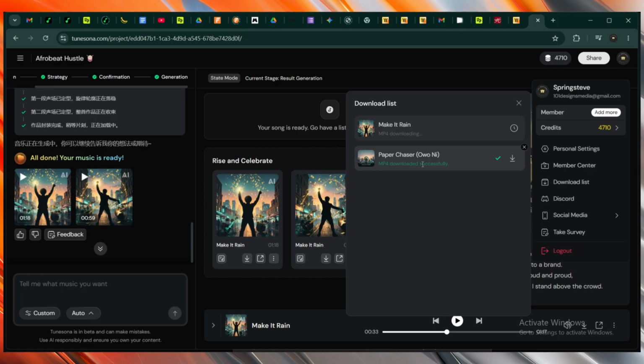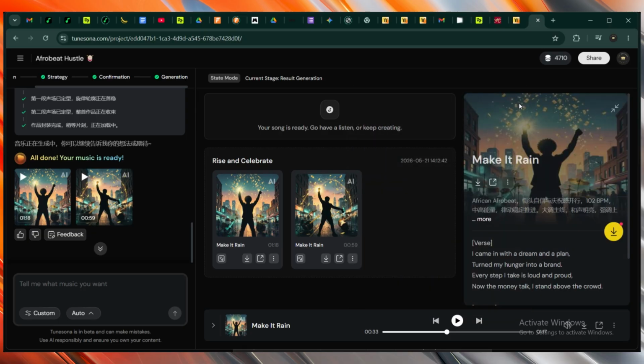Yeah, right. That was an amazing song, right? So that song was actually generated on this tool. The video you saw was generated on this tool. So that's that about generating a song with just a short prompt. So how about generating your lyrics with Tunesona and generating your full song? So anyways, let's go back to the home page.